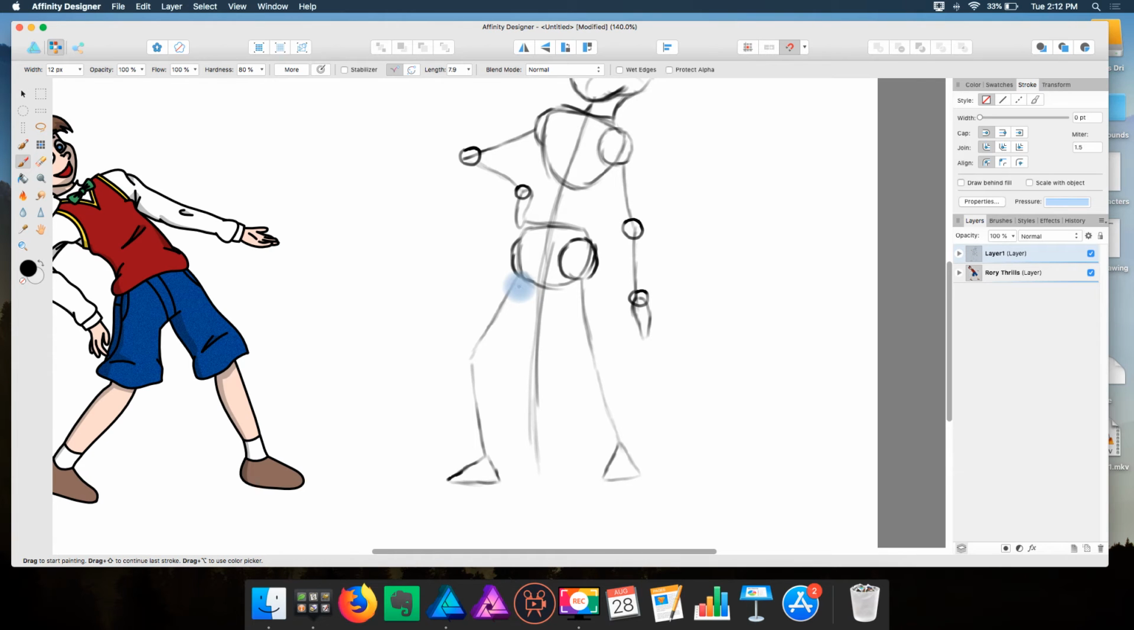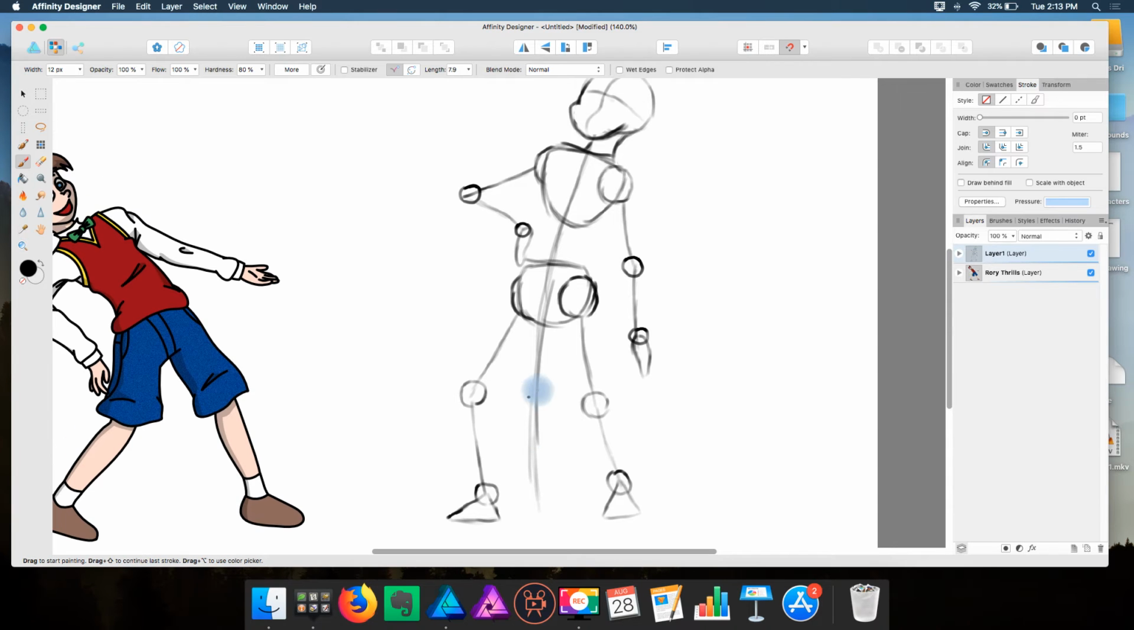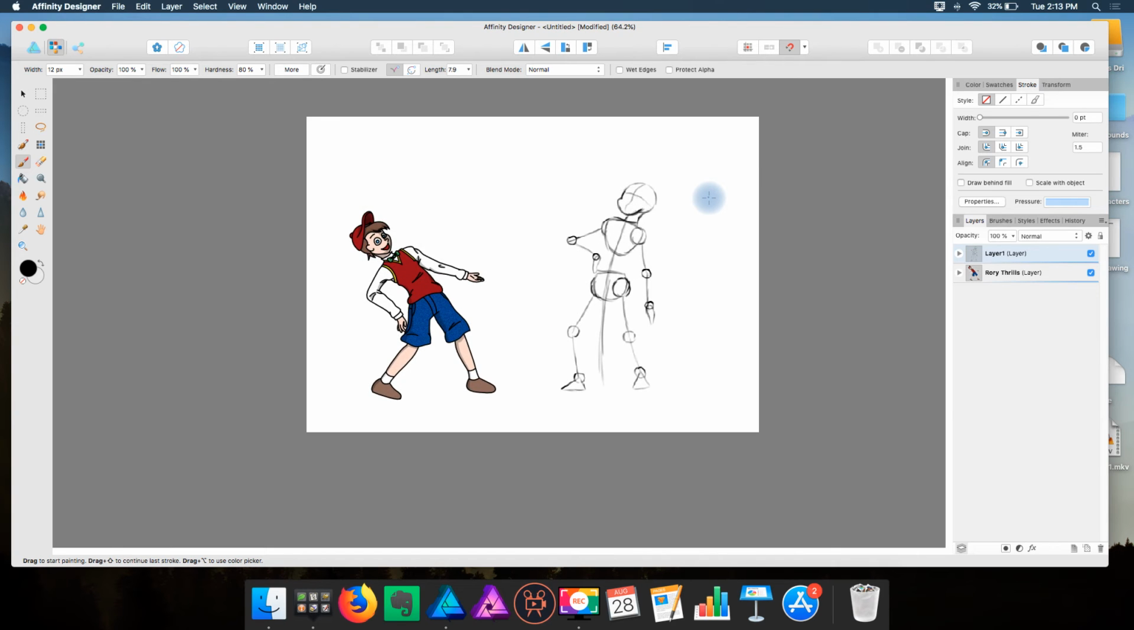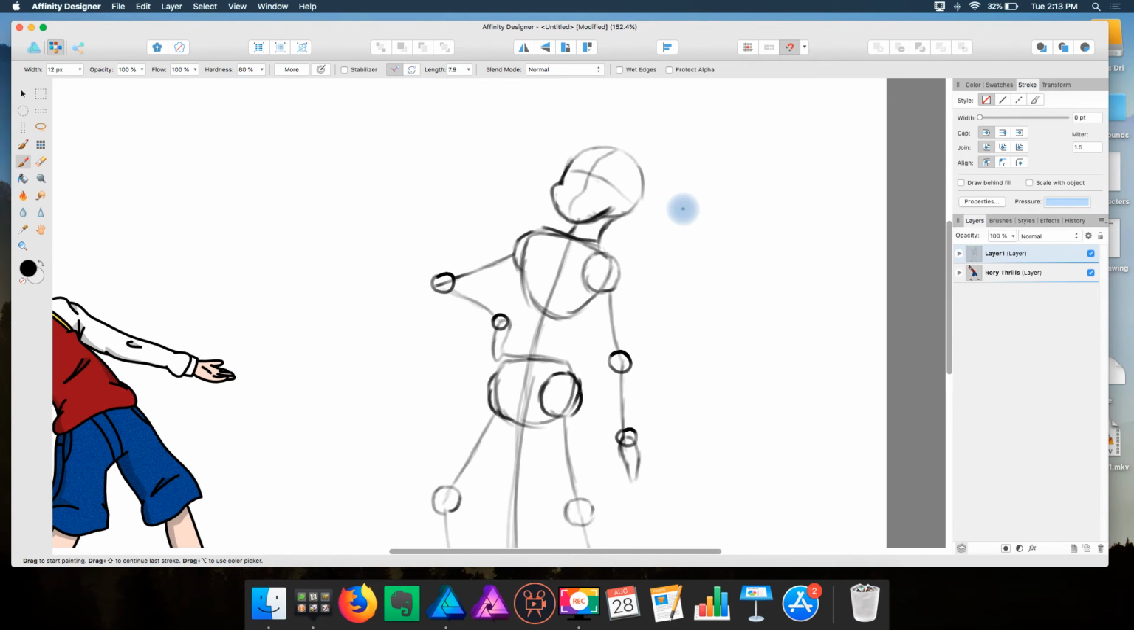And I think I made it a little smaller, but oh well. All right, so these circles represent the width of the flesh, but they are also the joints. Okay, so I think this is a pretty good stick figure. Now I'm gonna